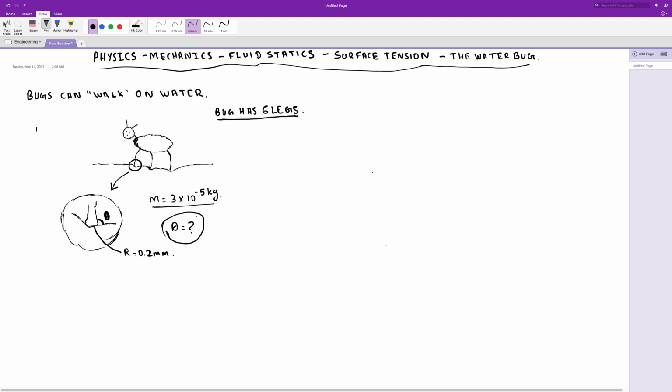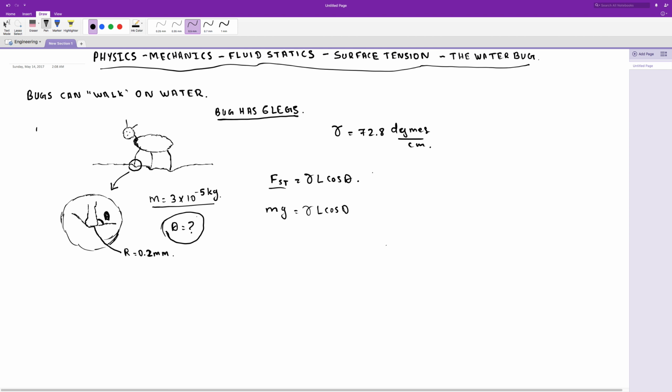First of all, we have to know the coefficient of surface tension for water, that is equal to 72.8 dynes per centimeter. And then we have the equation for surface tension. Force of surface tension is equal to gamma L cos theta. We have to find the theta, but F_ST can be replaced. We have the mass right here, so we can write this equation as mg is equal to gamma L cos